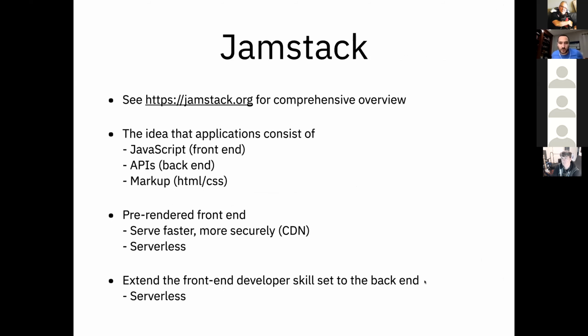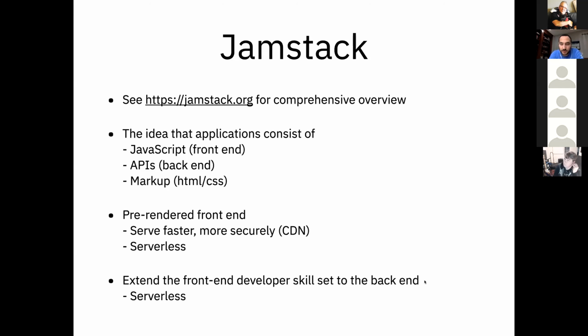All right, moving on. So we'll get into the main show and tell and some new highlights related to the project. What I'm focusing on is the ability to build applications in a Jamstack style. So Jamstack, if this is new to you, is an idea and a methodology for building applications that thinks of the application as consisting of markup, essentially HTML, CSS, JavaScript for the client.